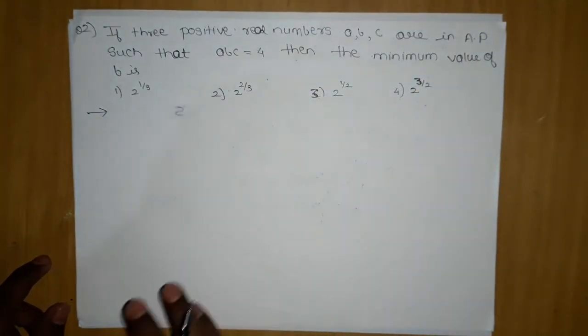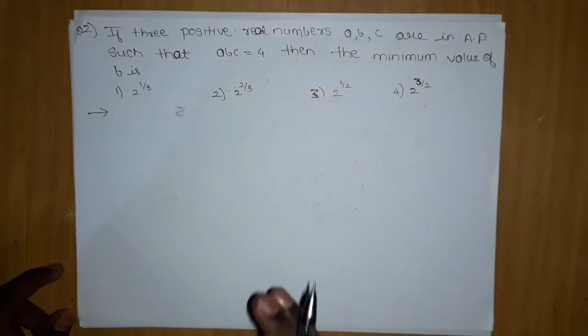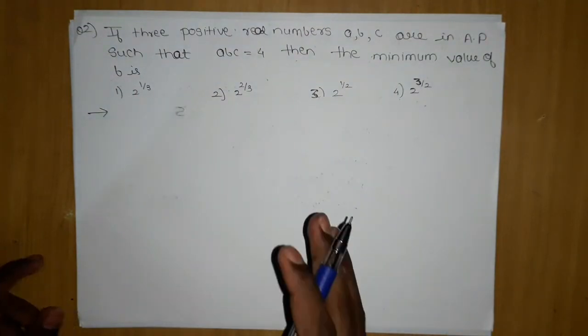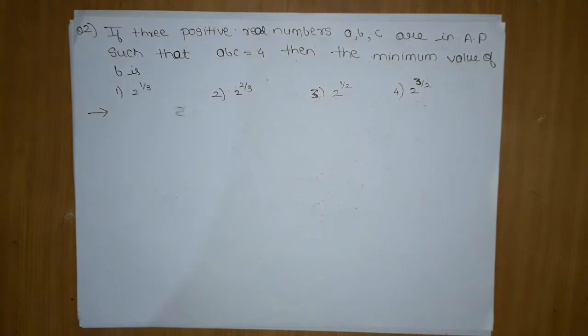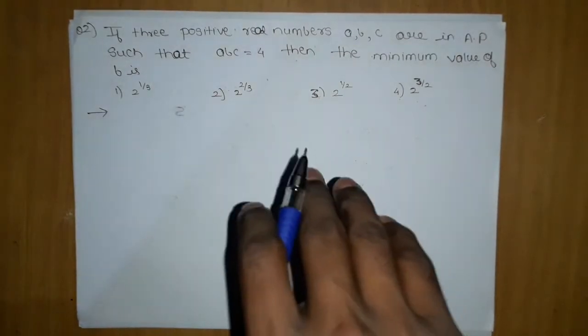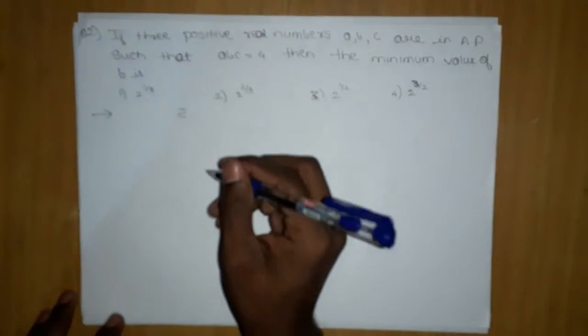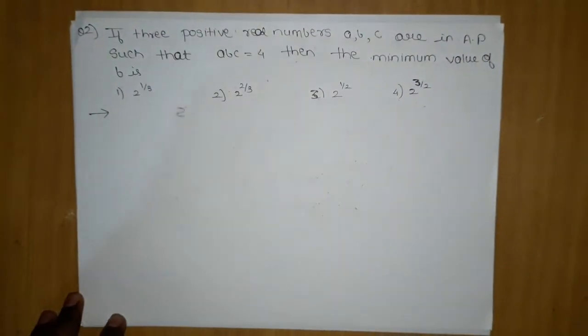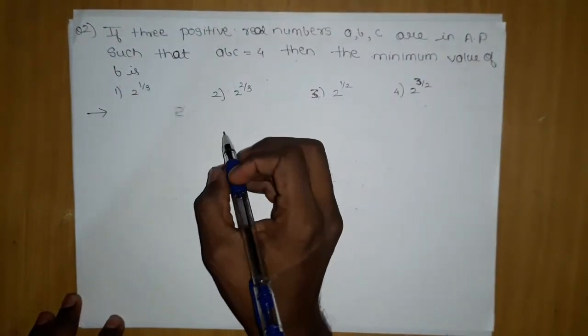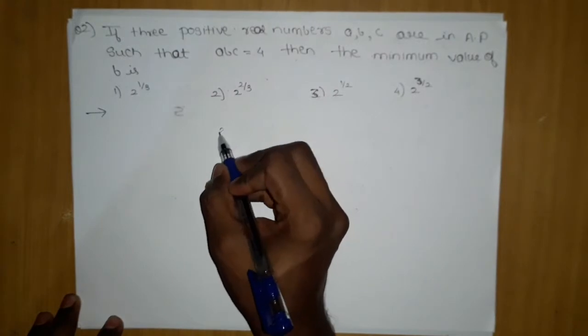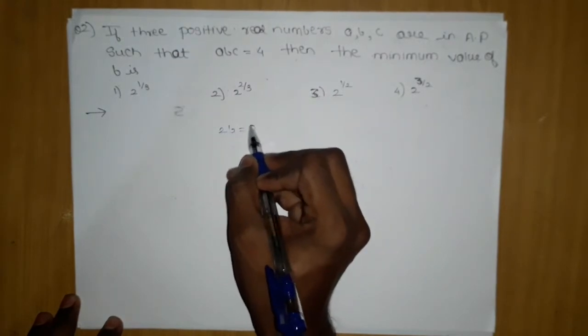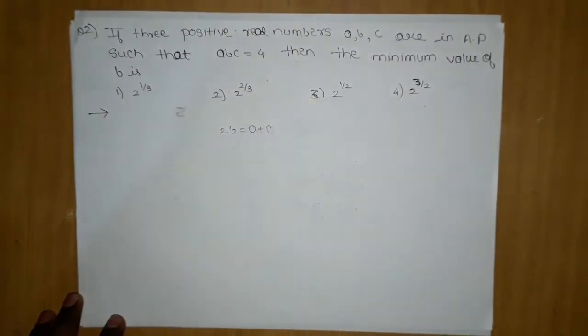Then this question, I think we have done it. Although we have not solved this question directly, since we have done so many problems, I remember there was one question which used the concept I am going to use here. If you have solved that problem, then this question is a bonus for you. Now see, if these 3 terms are in AP, 2b is for sure a plus c. This is very general.